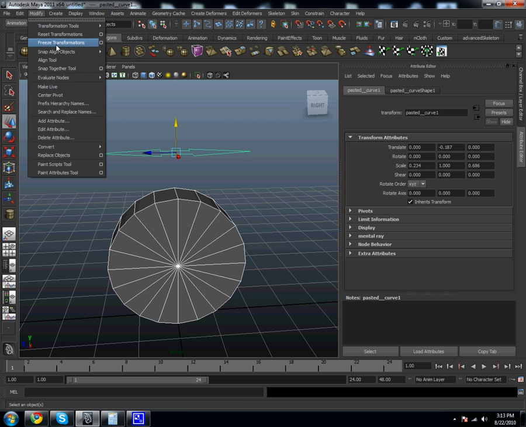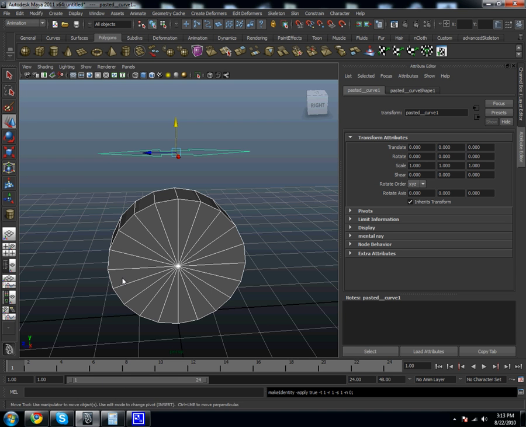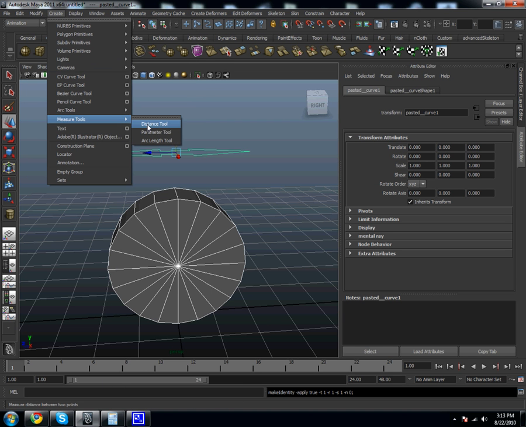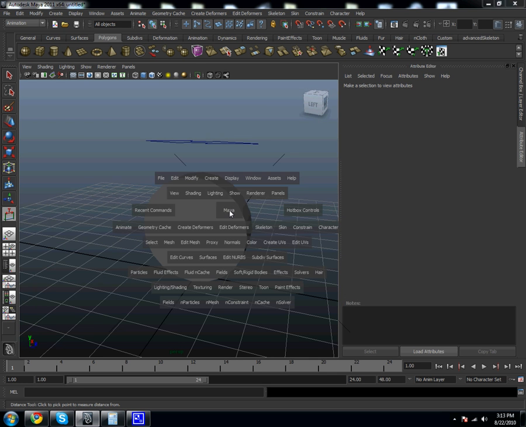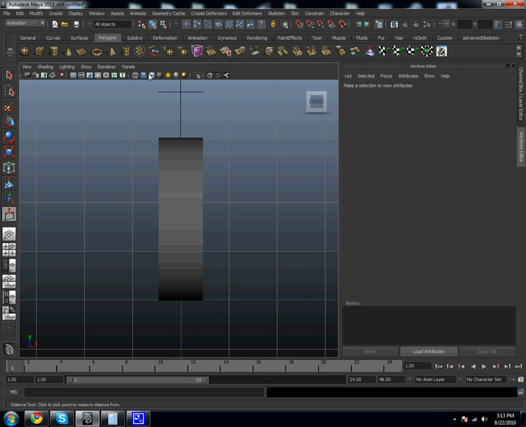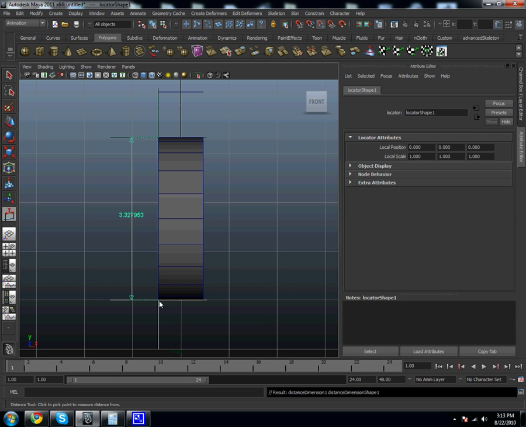Then you freeze transformation for both of them, just so it's better. Then you go to measure tools and then distance tool. Go to the front view, then go to the box with the wireframe things on it, and click V while selecting the